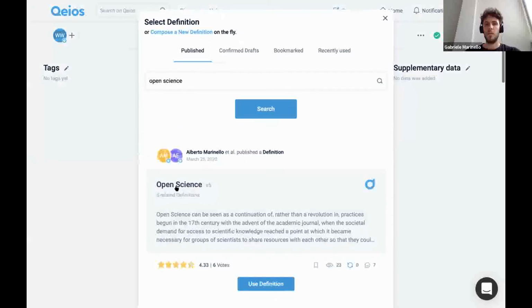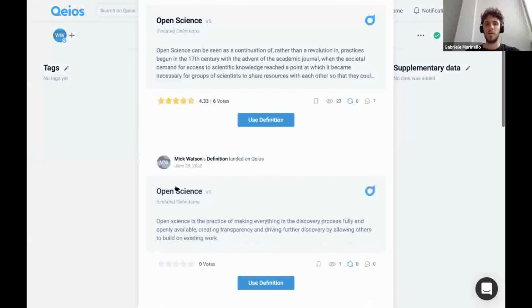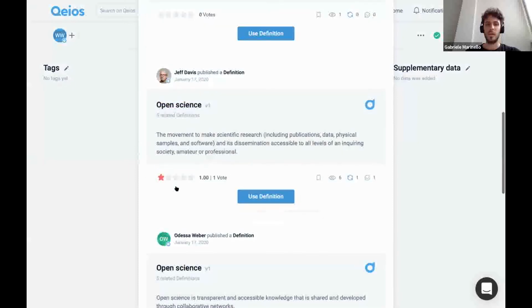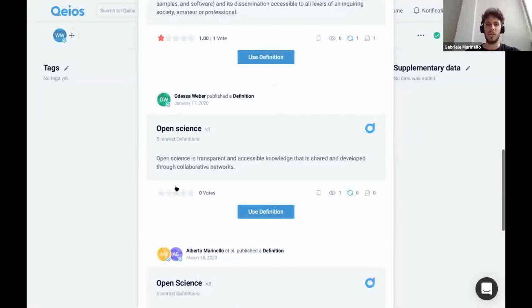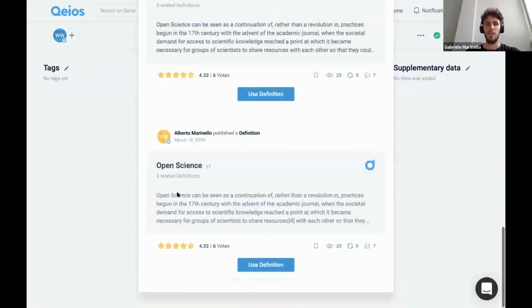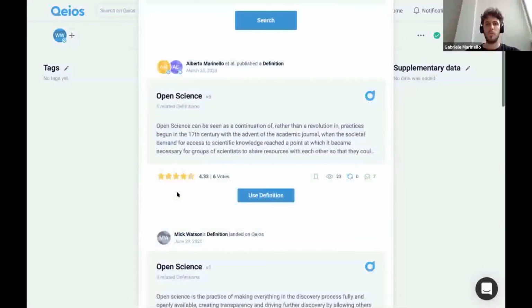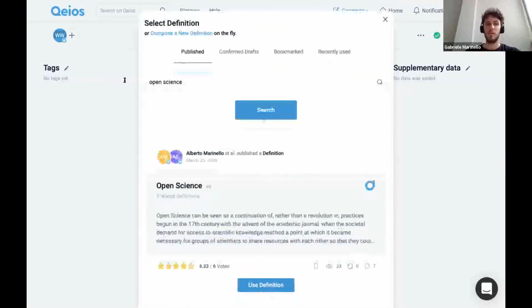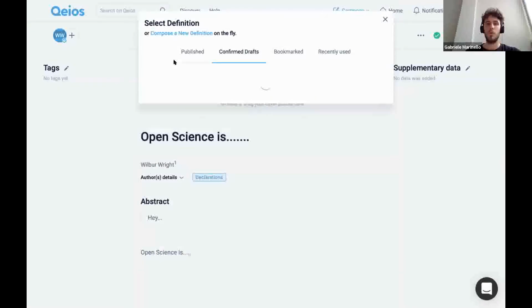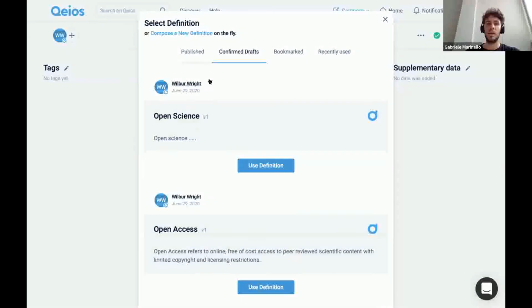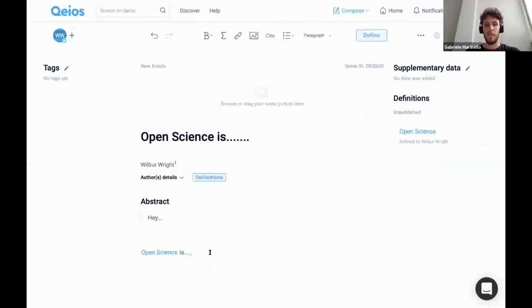And what I see here are all the definitions of open science that have been published in our test platform, okay? So this is not published, guys, so I'm not going to find the definition there, but here, confirm draft. I want to use this definition here and go on with my paper, right?